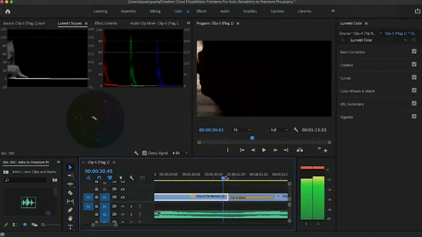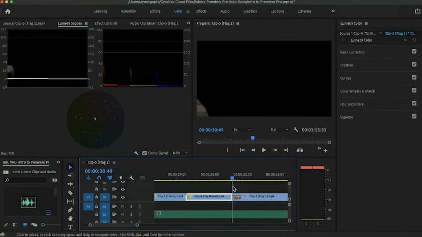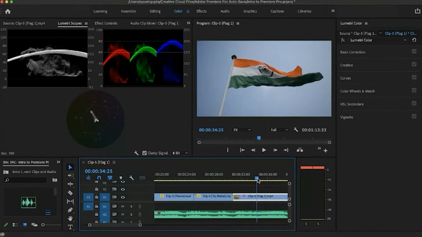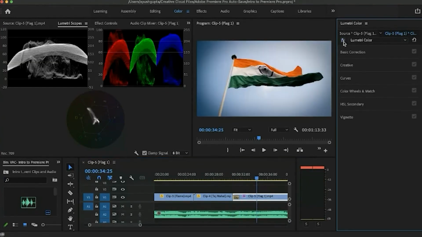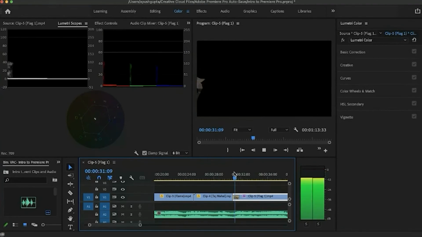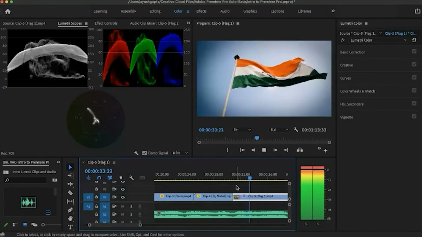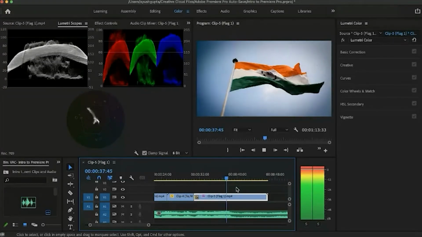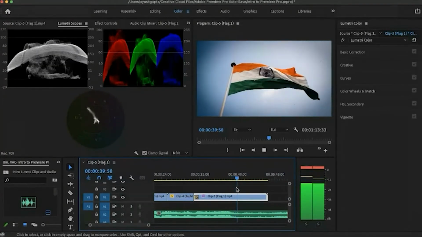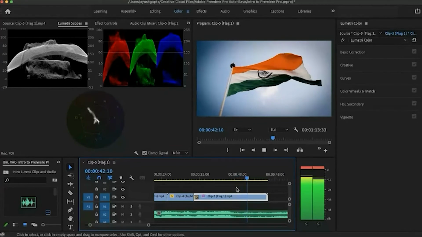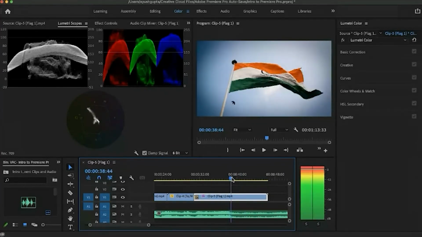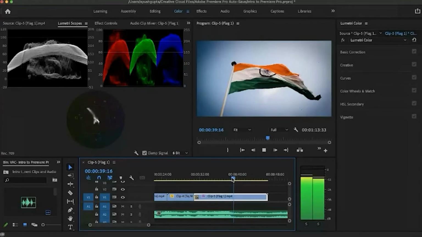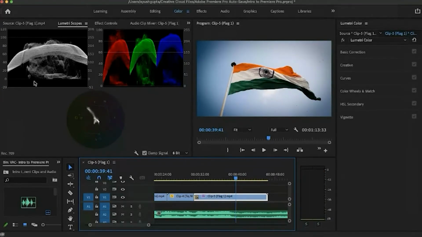We'll use Control Z and deal with this later. As you can see, as the flag is moving, this Lumetri scopes graph is also moving.